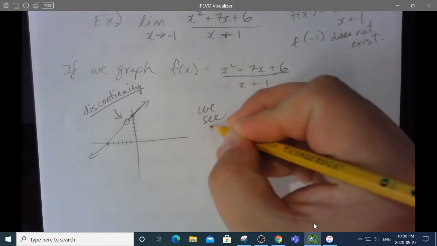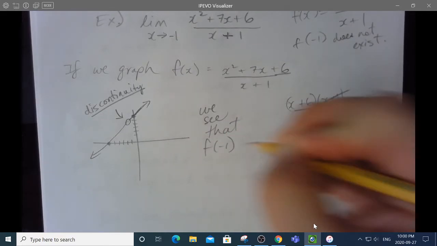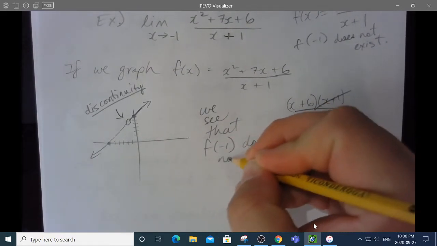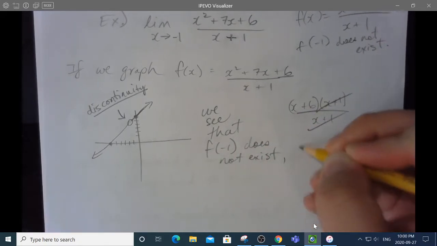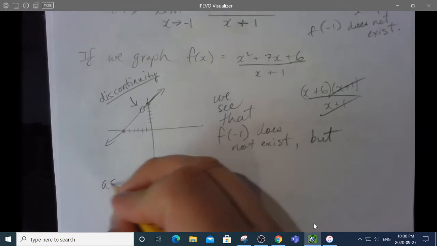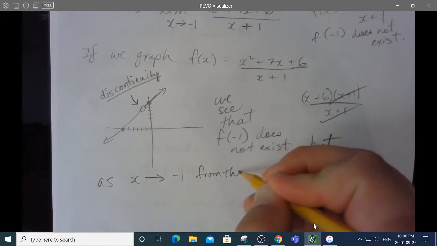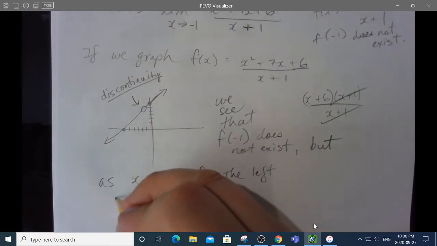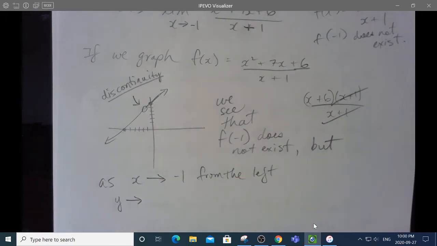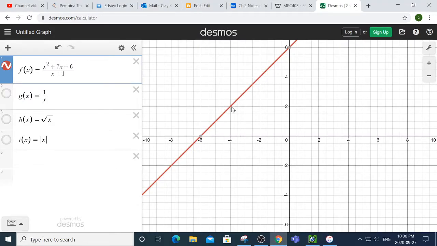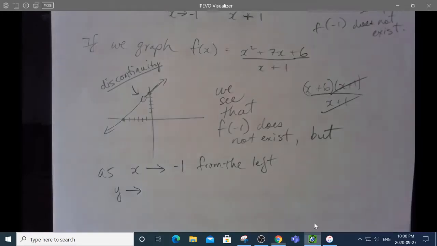we see that f of -1 does not exist, but as x approaches -1 from the left, y approaches, let's see, I've already forgotten what the actual number was. Let's see, as we approach -1, what is our y value? As you can see, we're approaching y is 5. As you get closer and closer, you'll see that you get closer and closer to 5,